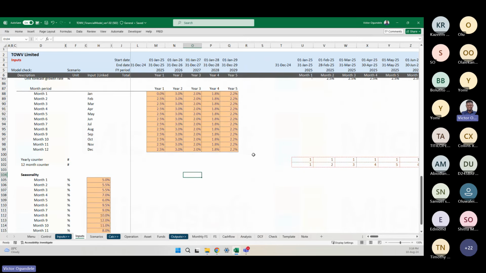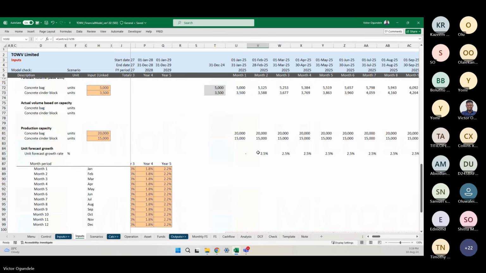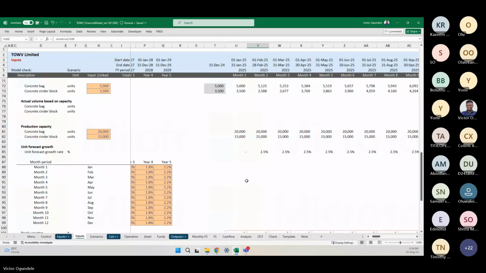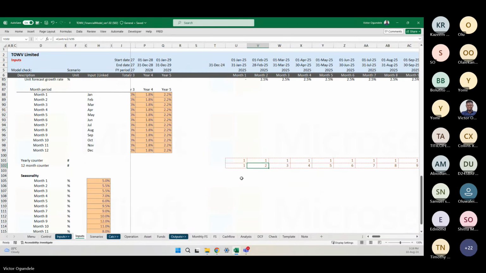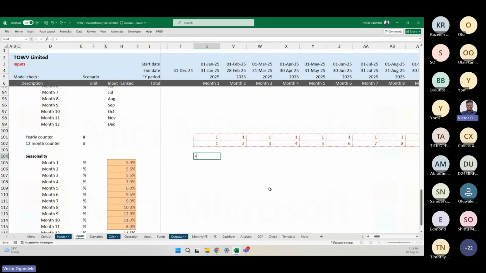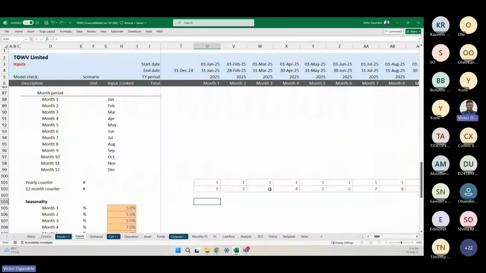Okay, so once we've done that, I believe by now you should be able to use INDEX on your own. So let's use INDEX to get the seasonality for each of the months. So basically we are saying month 1, 5%, month 2, 5.5, month 3, like that. Okay, so let me put the formula here. So I'm saying equal to, we can put it under that seasonality. We don't need to create an additional row under it. Let's just put it like that. So equal to